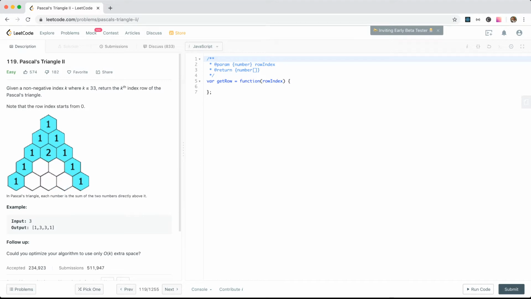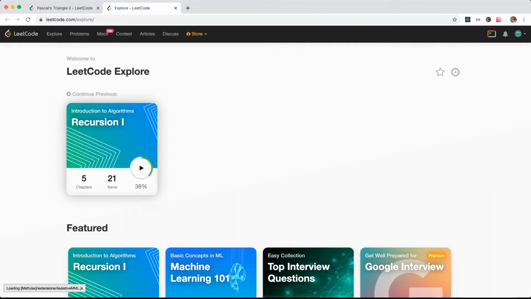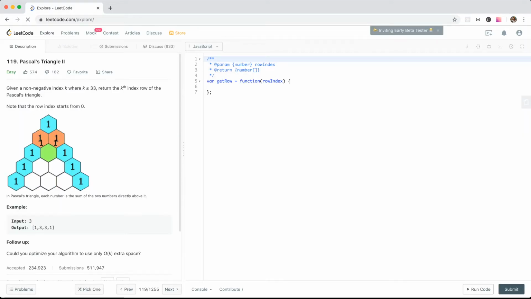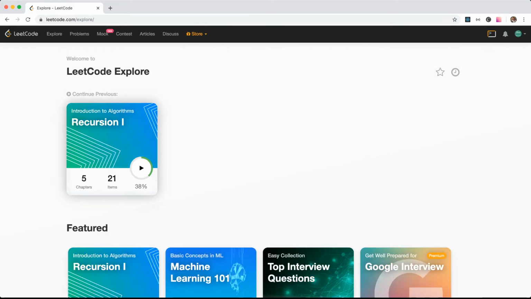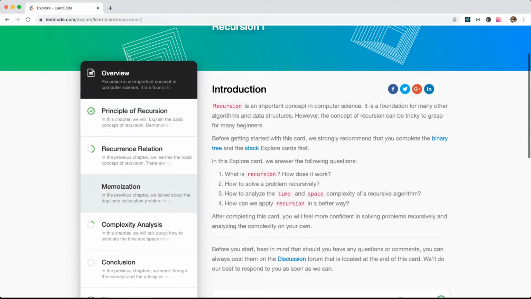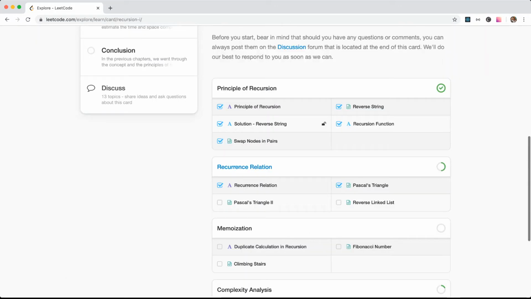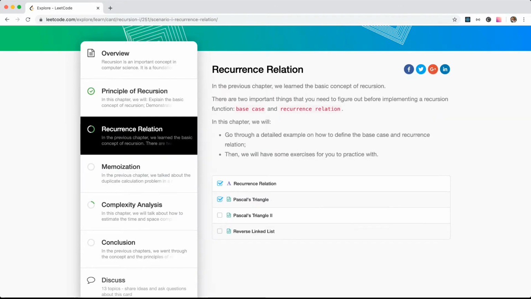This is one of the problems in the Explore tab of LeetCode. If you click the code, you will see Explore. The first one is Recursion 1, so I'm doing Recursion 1. The principle of recursion is very simple. I'm currently in progress of recurrence relation, and this is the second